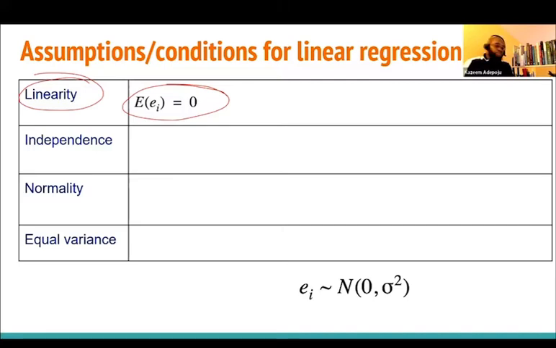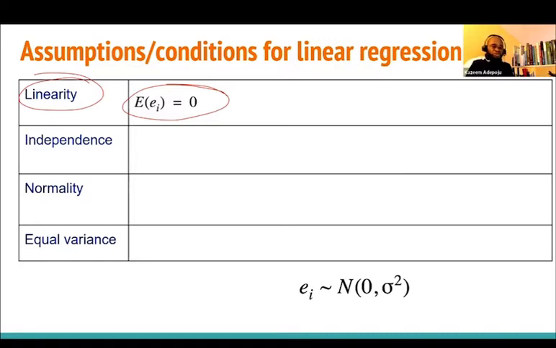Now, the assumption is that a linear relationship exists between the two variables. Right now I'm trying to look at the relationship between the percentage of voters that voted for the Republican candidate in 2012 and in 2016. The assumption here is that a linear relationship must exist before I can pursue linear regression, and we have a way to investigate this, which I'm going to show you in the subsequent lecture.